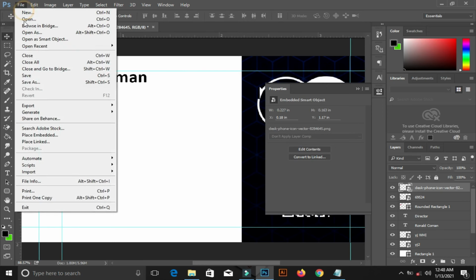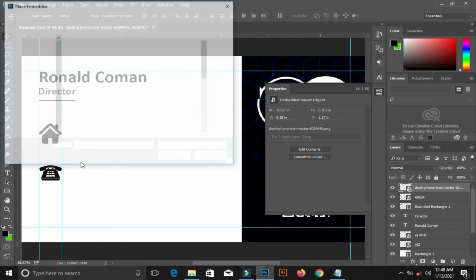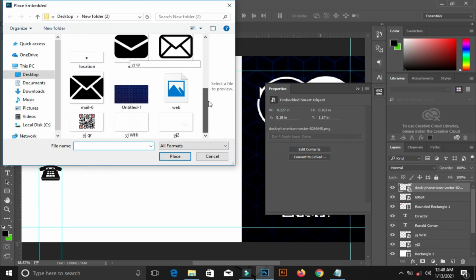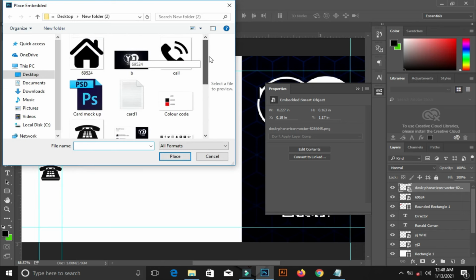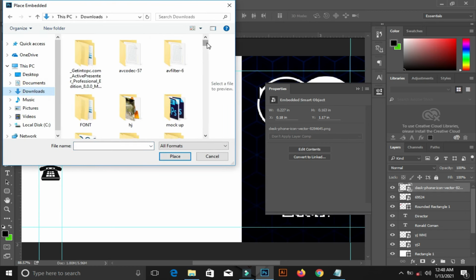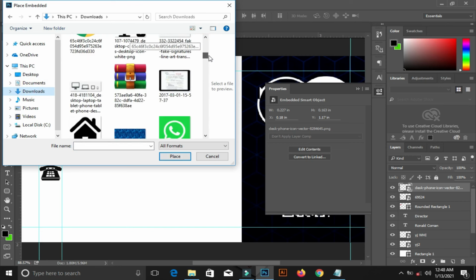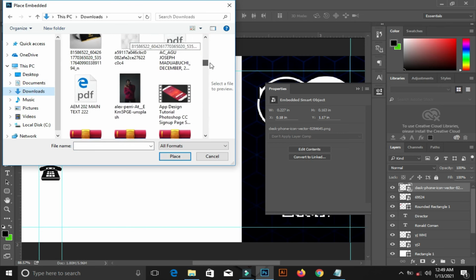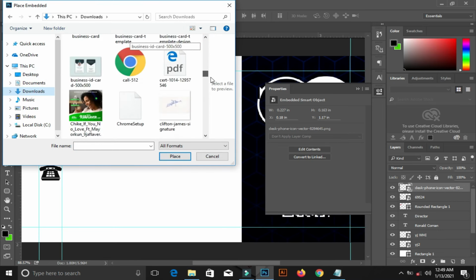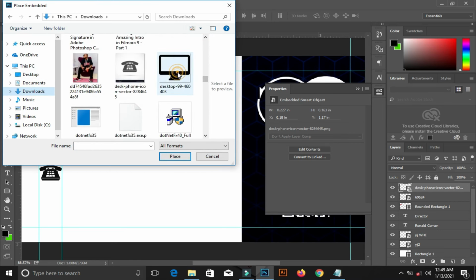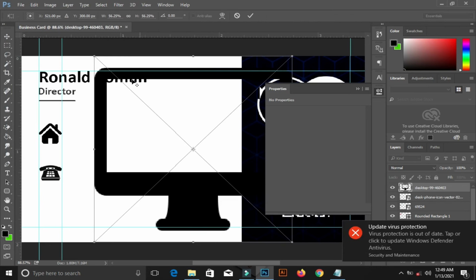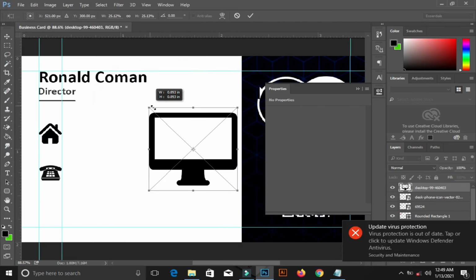Okay, next icon, then to place, locate it, and do I not have it? It's not over here. Okay, let me look for it. Go to my downloads. Okay, this is okay. Resize it as well.